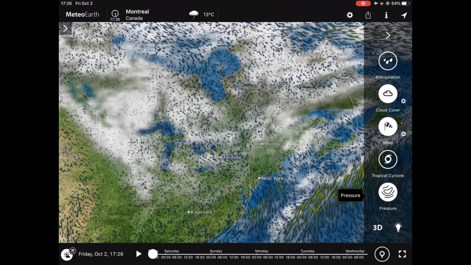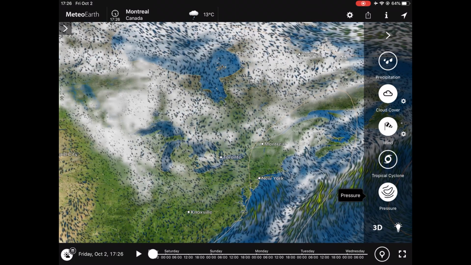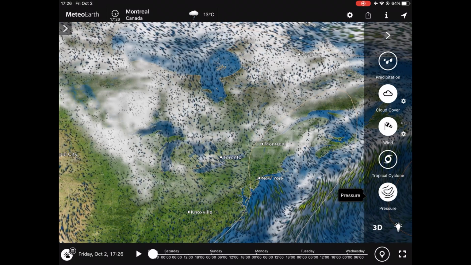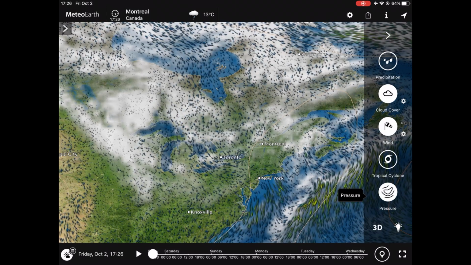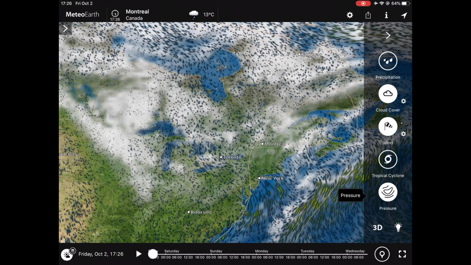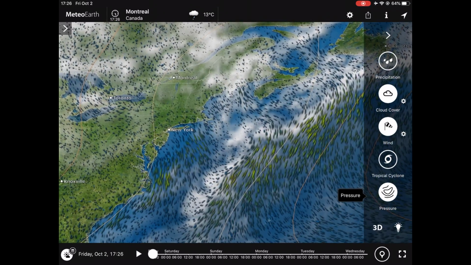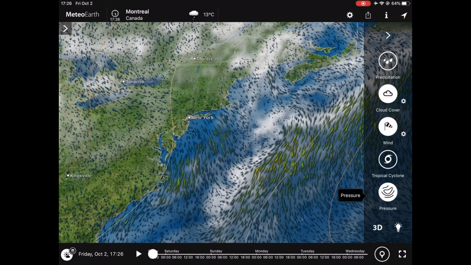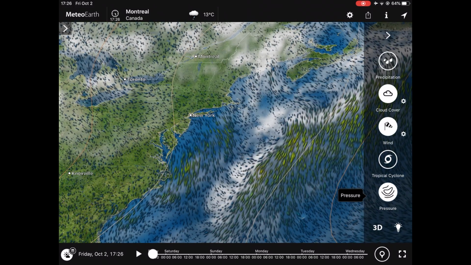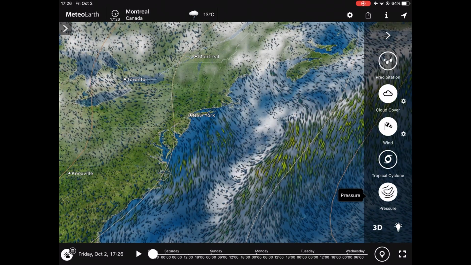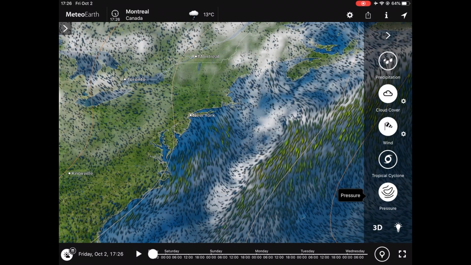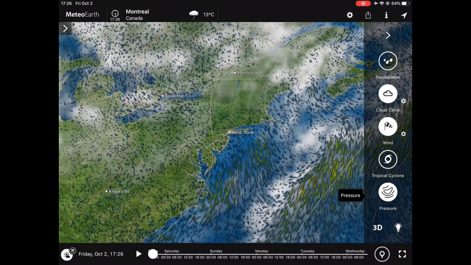Over time, what you learn as a pilot is that high pressure is generally good for flying. Generally, you're not going to have clouds, you're not going to have rain, you're going to have good visibility in the high pressure system. However, the high pressure systems also come with cold weather. So if you want to fly on a warm day for some reason, you might find that the weather conditions are at odds with your preference for the activity that you're planning in that day.